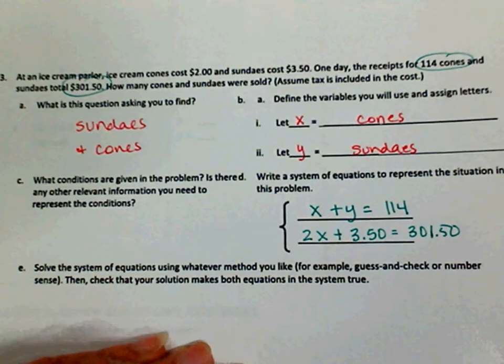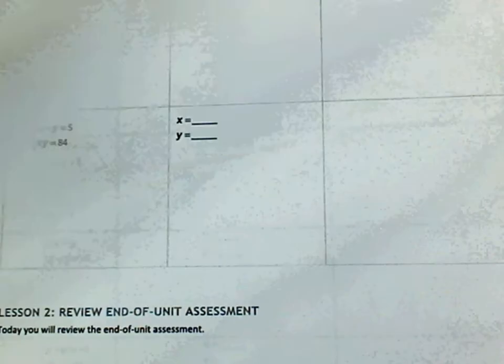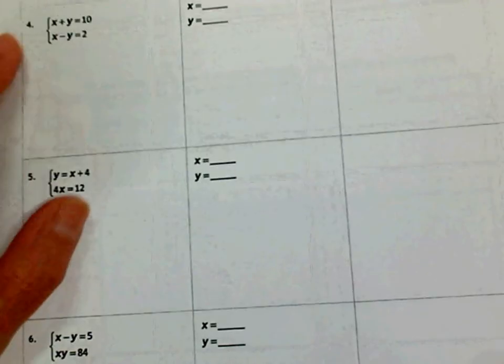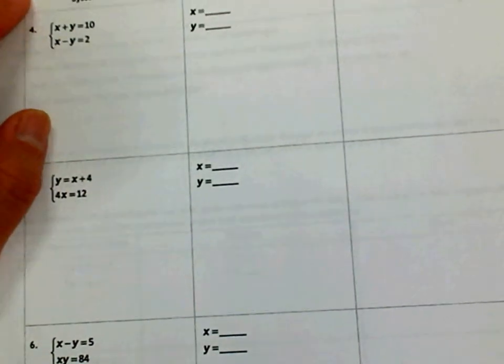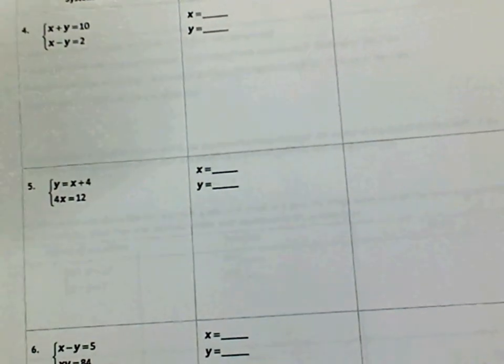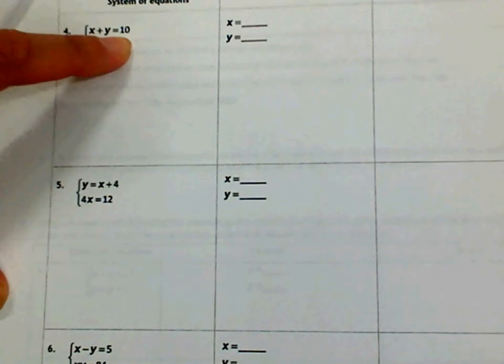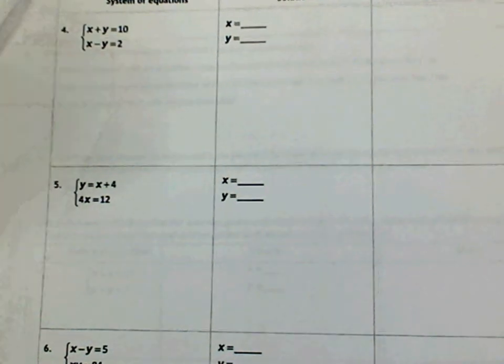Okay, now, part 2, use whatever method you would like. Solve each system below. In the last column, check that solution. So let me do the first one with you, and then I'll let you do 5 and 6. All right, so looking at this, what are some numbers that are going to work? Now, this is a 10. That's easy for me to do, okay? So many different ways you could do it. I'm going to use a table. All right, so here's X, here's Y. 0 and 10, 1 and 9, 2 and 8, 3 and 7, 4 and 6, all that adds up to be 10,